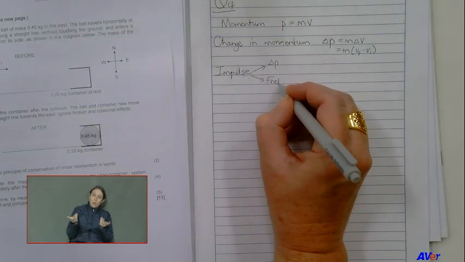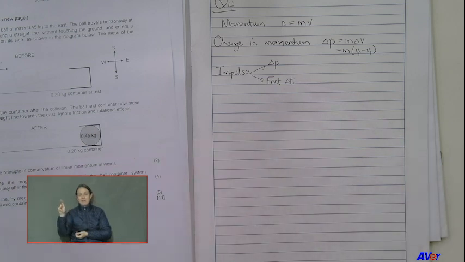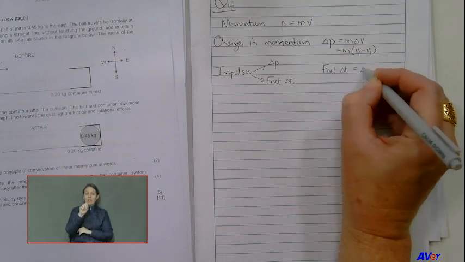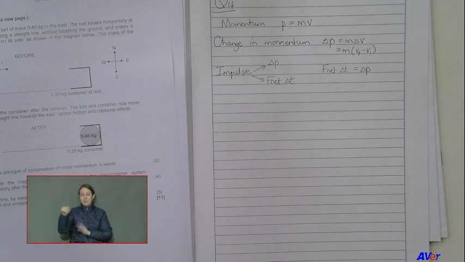Then you have impulse. Impulse is not like body spray that you spray under your arms. That is not what I understand about impulse. Impulse can either be delta P or it can be F net delta T. So if they want to calculate impulse, it's one of the two, depending on what information you have. On your information sheet, the formula will be F net delta T equals delta P. So that's your formula.